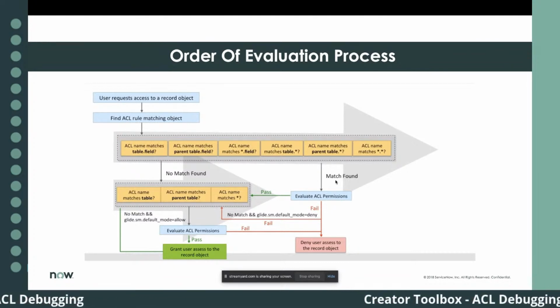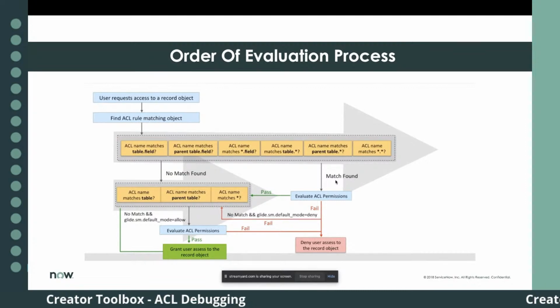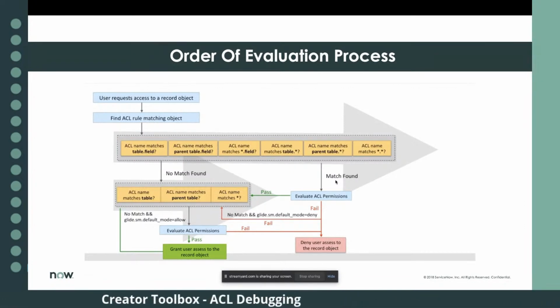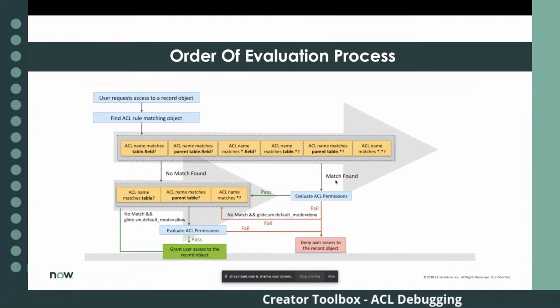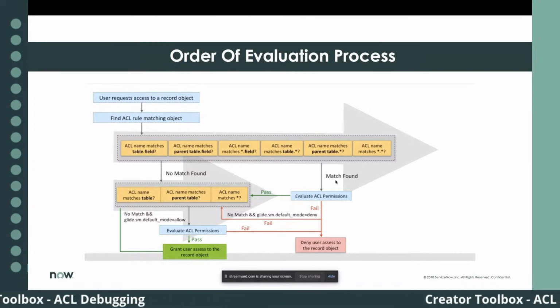Do I have an ACL created for incident.secret field? If I have a matching ACL, it will pass through. If there is no matching ACL for incident.secret field, it will check the incident's parent table, task. Is there an ACL for task.secret field? If there is no ACL for that, it will fall back to any table dot secret field, star dot secret field. If that ACL is also not there, then it will check